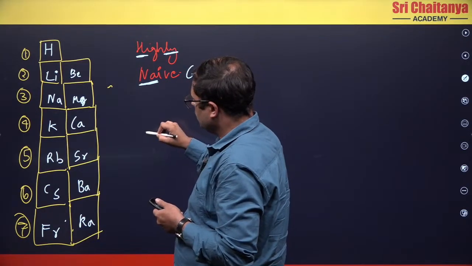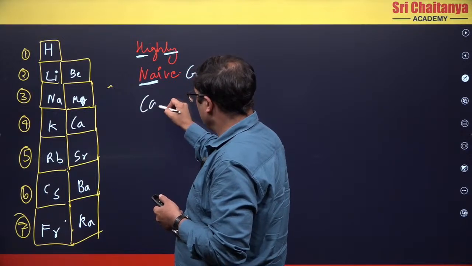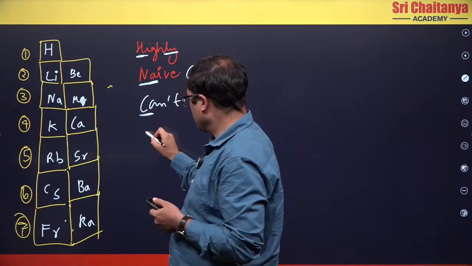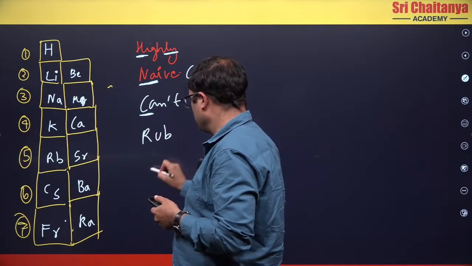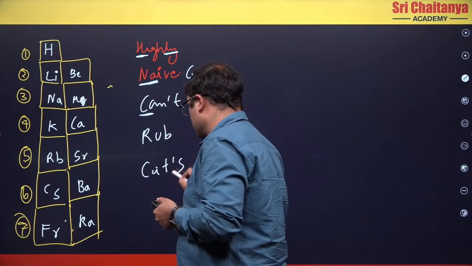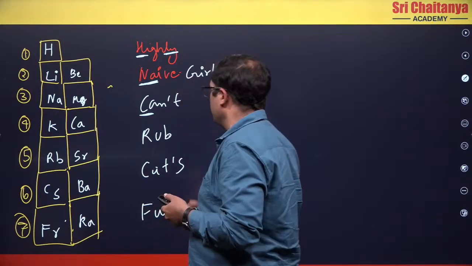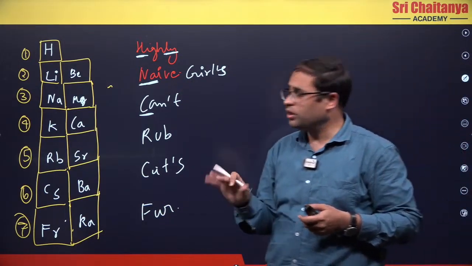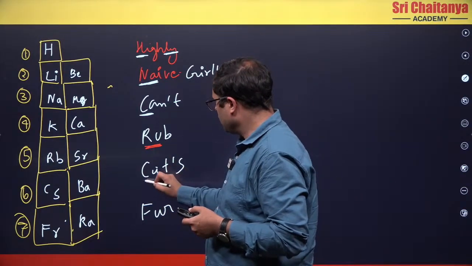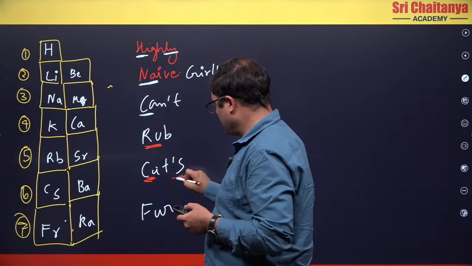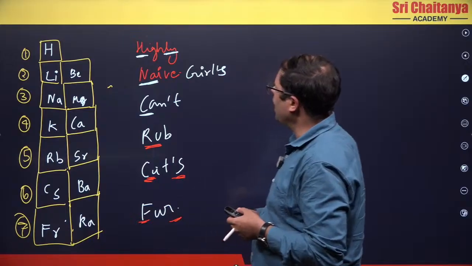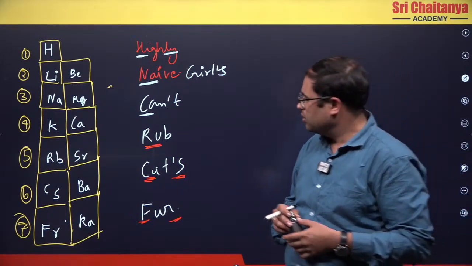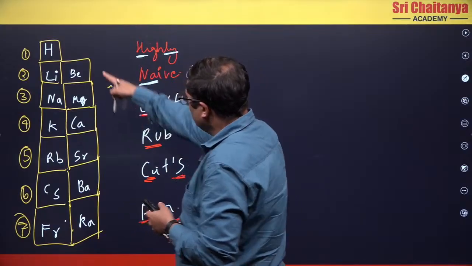Girls. Now next you have can't. So can't is for K, Rb, Cs, Fr. Right? So like this, there will be many mnemonics that I will tell you at the end of this. Rb, C for cesium, and Fr for francium. So, highly naive girls can't rub cats' fur, right? Similarly for the next one,